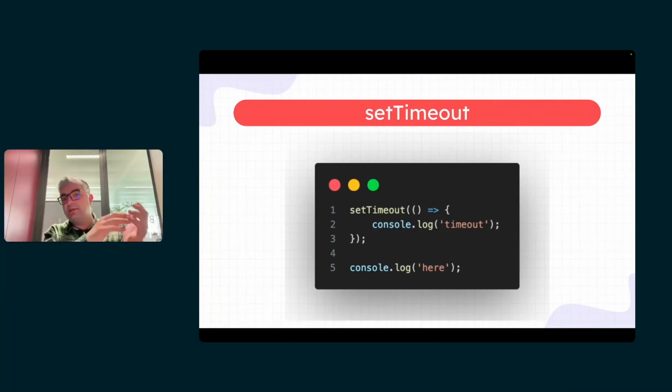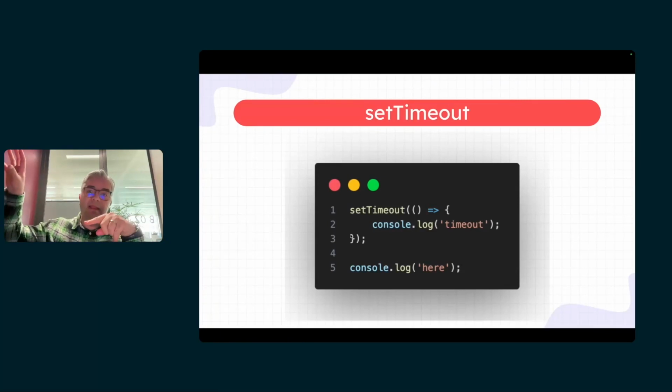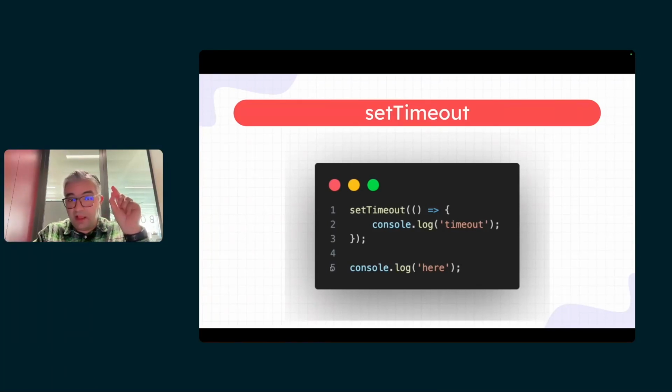First, setTimeout, then 'here'. Again, JavaScript is single-threaded. It's going to start from here. Since it is a setTimeout, it goes to the Web API. The Web API is supposed to wait for 0 milliseconds. So it is 0 milliseconds, and it's going to push it to the queue. But on line 5, is the call stack empty? No, it's not empty. We are still running the code. It's true that setTimeout has passed, running that function, and the function is in the queue. But the call stack is not empty.